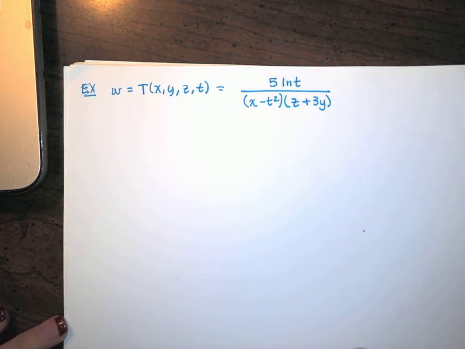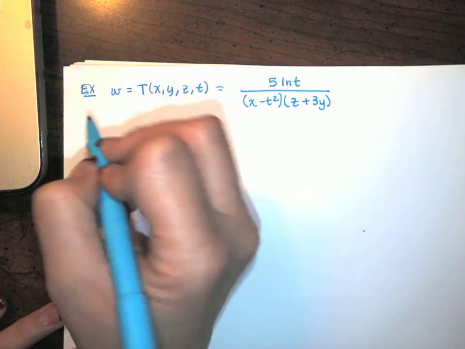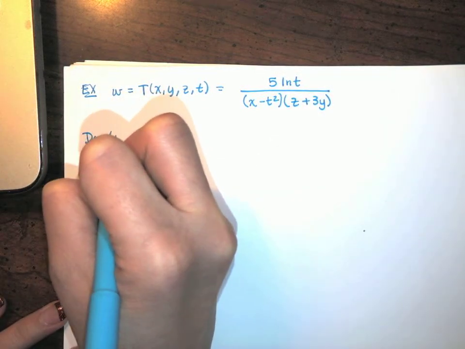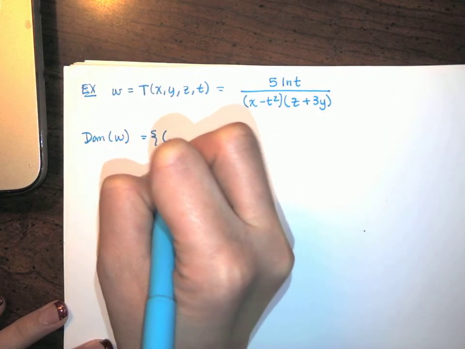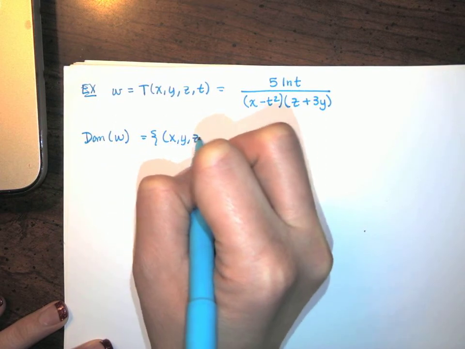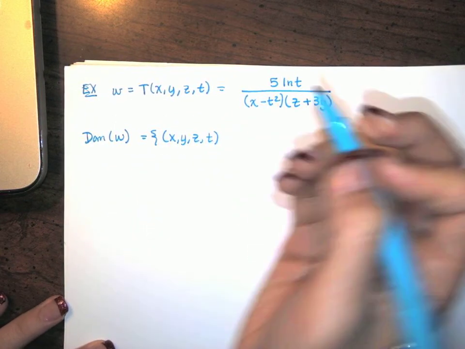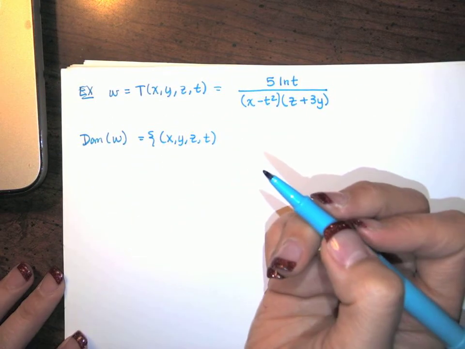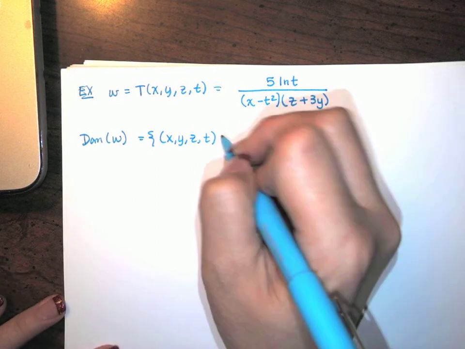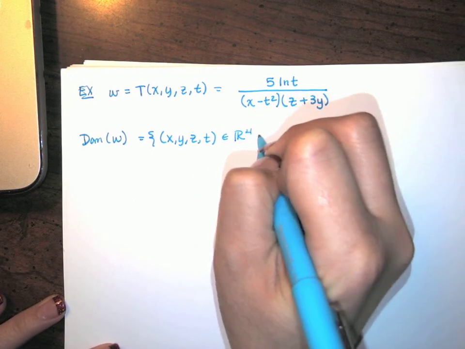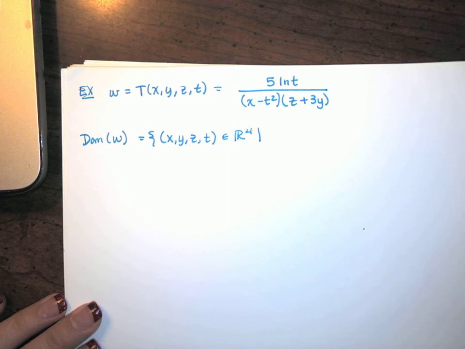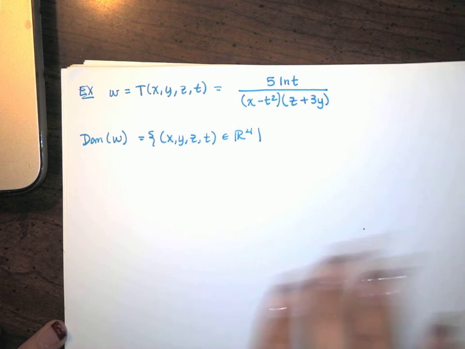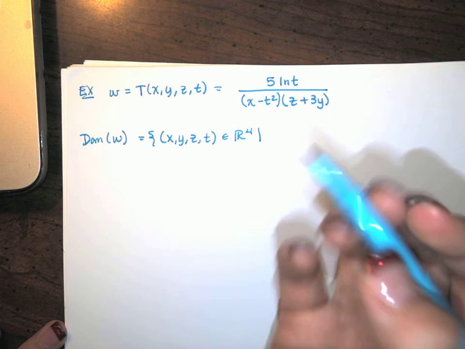Maybe that's what it looks like. Okay. Well then, the domain of W is going to be the set of all ordered, I don't know, what are they called? It's not a 4-tuple, I'm sure. All ordered, I'm going to call it a 4-tuple because I'm at a loss for words, in R4, such that